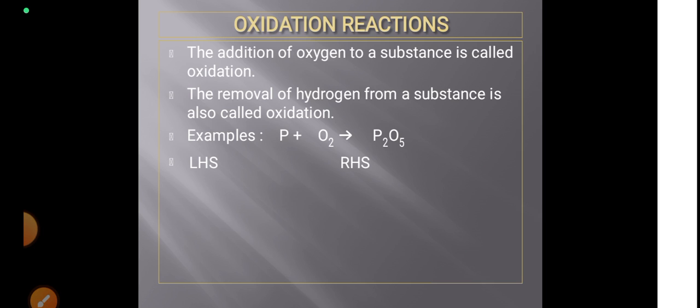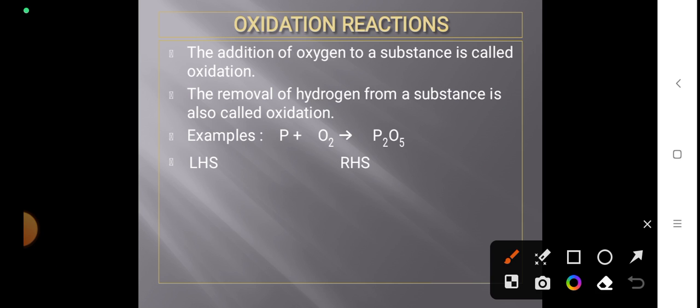Okay, so this is the very simple definition and a very simple equation that I've taken. But this is not balanced. So we have to balance. So on left hand side, let's take phosphorus and oxygen, and on right hand side also let's take phosphorus and oxygen. So left hand side, the number of atoms of phosphorus is 1, but on right it's 2. So I can